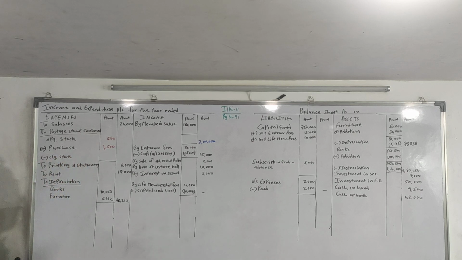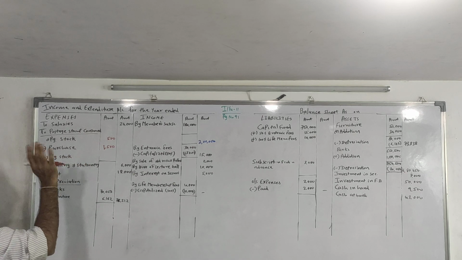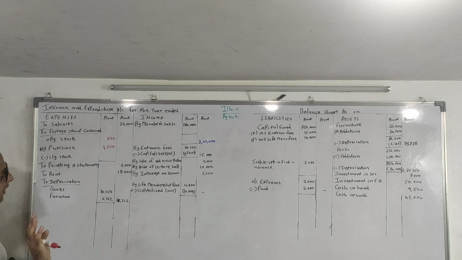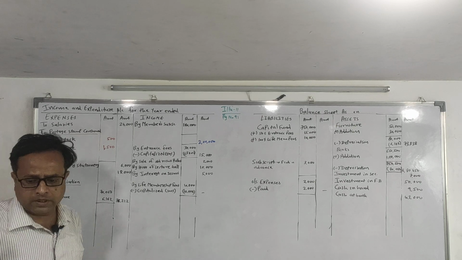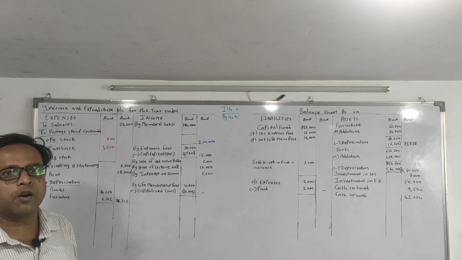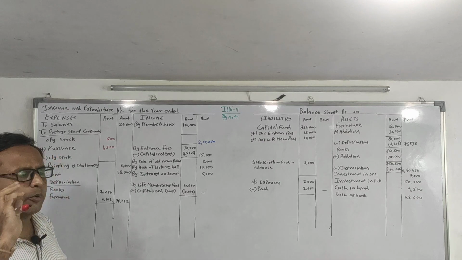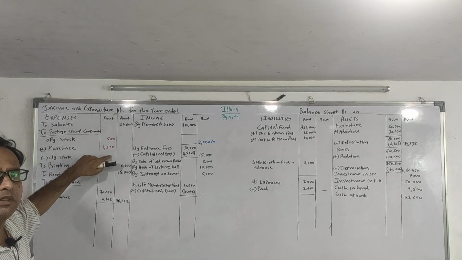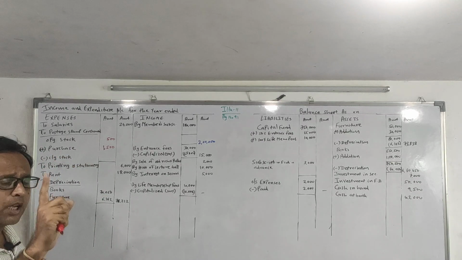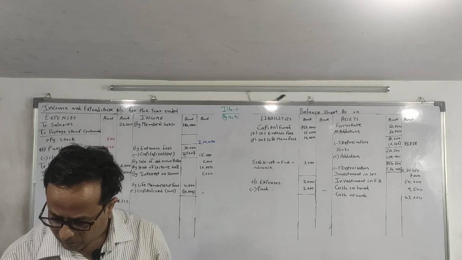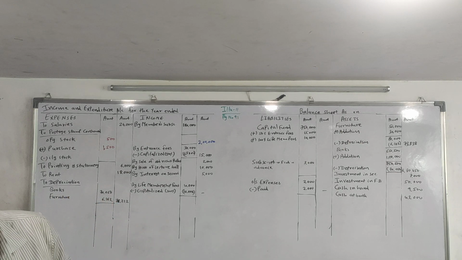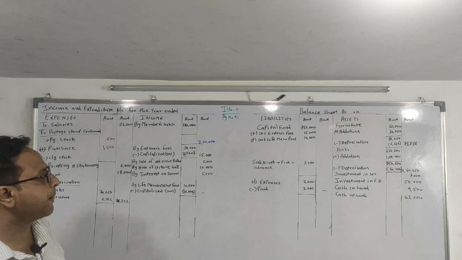This closing stock will be given in the adjustment. So whenever we come to the adjustment, at that time we will complete it. And we know that the balance sheet and receipt and payment account have only one posting. So 500 we have written, 1500 also we have written only one time. Now continue. Outstanding expense paid.